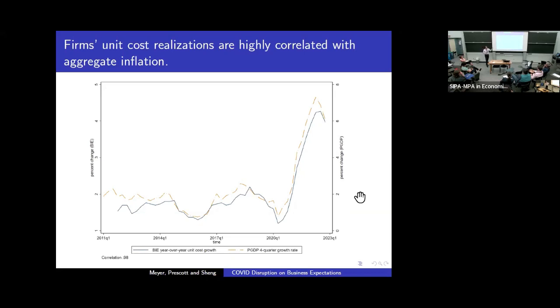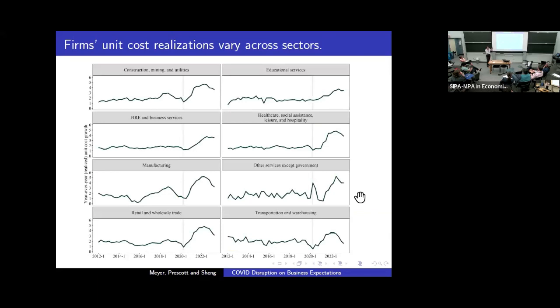So one typical question whenever I show this graph is, hey Simon, are there any sectors that tend to dominate? So here we plot the unit cost realizations across sectors. What's interesting here is that unit cost realizations differ a lot across sectors. So we're not getting the same component. None of the sectors tend to dominate. Firms in the BAE panel give us an idiosyncratic viewpoint about their unit costs. So it turns out you need firms in all the sectors in order to aggregate up into a meaningful proxy. I'll show you in the last slides.